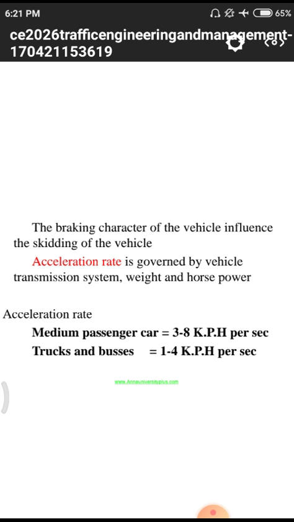That means whenever we apply a sudden brake to the vehicle, due to those sudden brakes our vehicle skids. We are applying an external force with the help of the braking system, so that the velocity of the vehicle is not